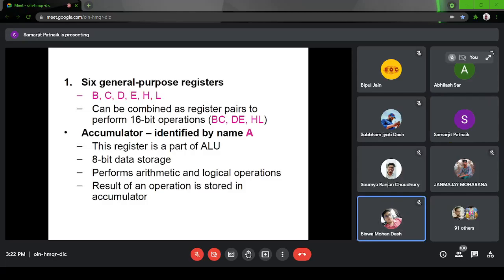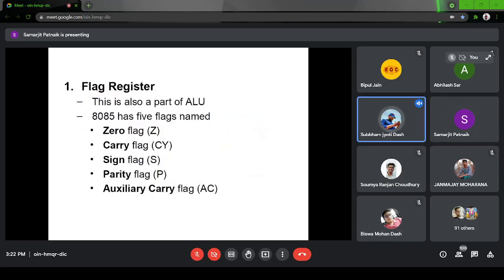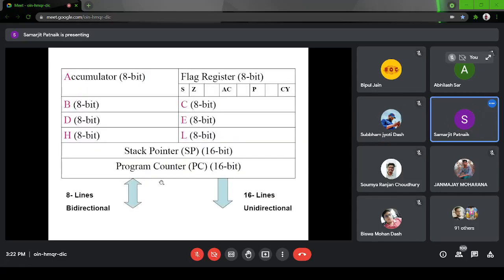Sir, are both the registers bidirectional in nature? When we say register, registers are nothing but 8-bit data storing elements. I can store any data. That means I can copy data from a memory location to a register as well as vice versa, from a register to a memory location.